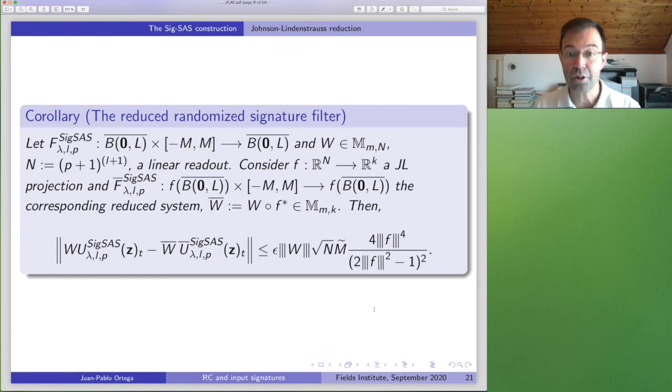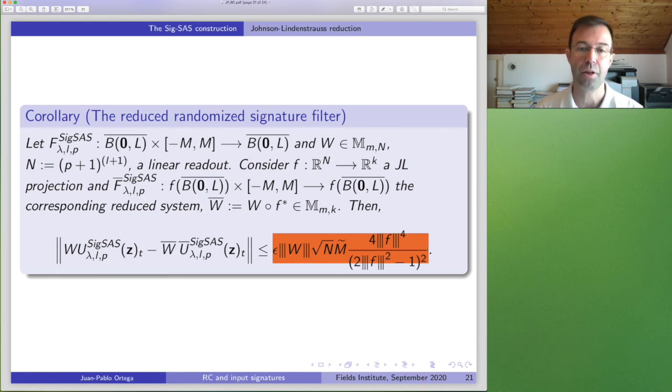So once we have the general fact, we can apply it to this signature filter, the ASSAS filter that you saw before. This one was strongly universal, but it was defined in this tensor space that was hugely dimensional. But then we can randomly project it, and as we did before, I can find a bound which is linear in epsilon for the projection error, the dimension reduction error that I am committing.